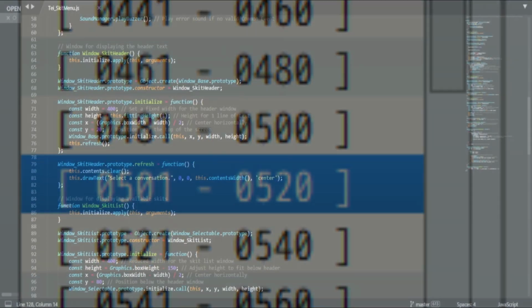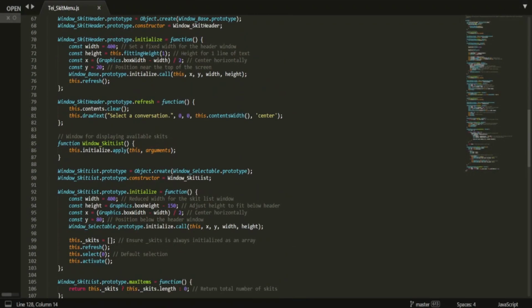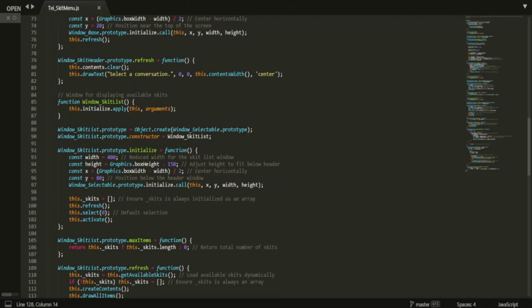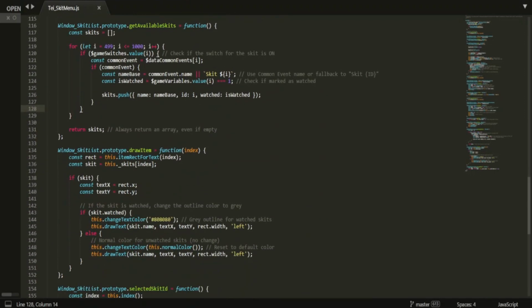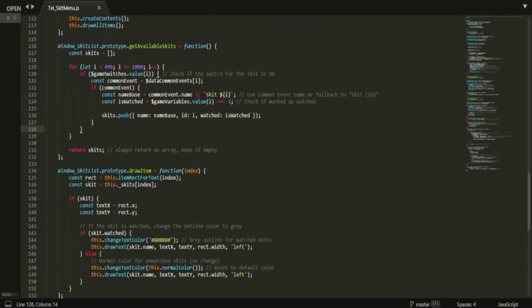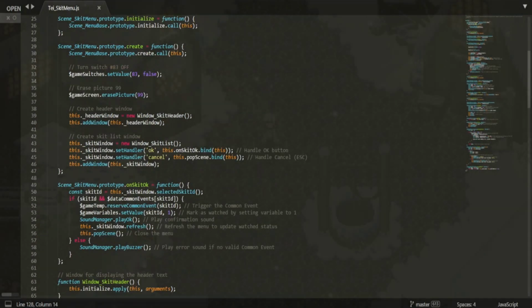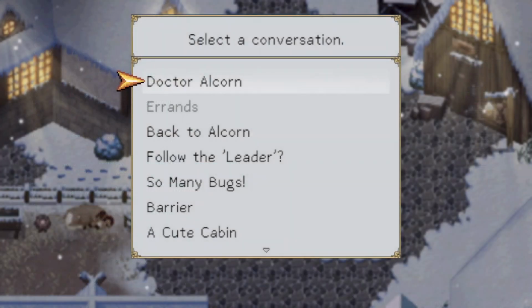So I made individual switches for every skit. Don't come at me and tell me there's a better way to do it, because I'm not redoing it. Each skit has a corresponding switch that I turn on or off to indicate whether or not it's available. Okay, awesome. So the plugin checks all of the switches between numbers 499 and 1000, which I designated as skit